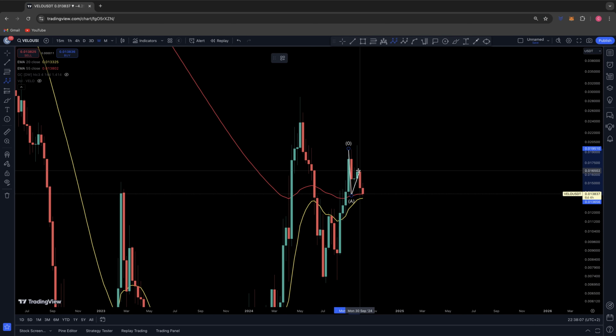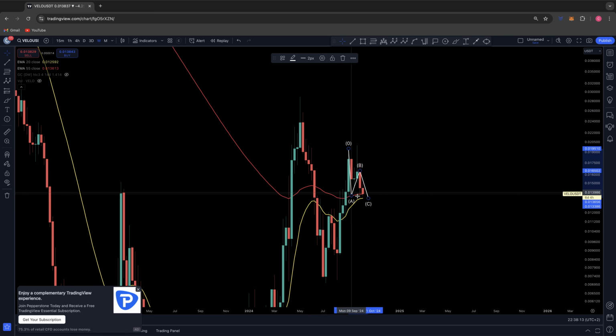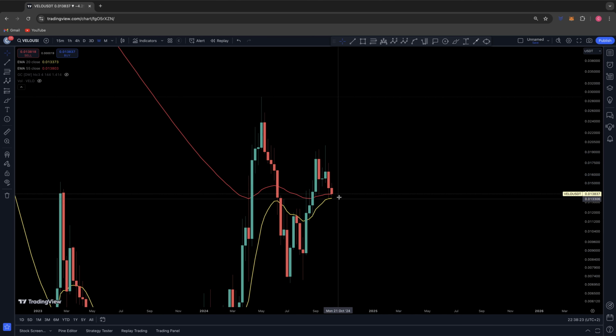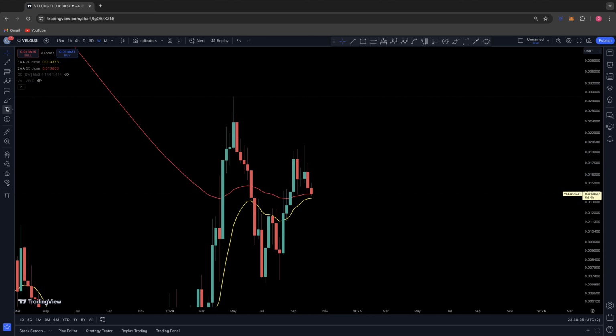We had a rally up over the past couple of weeks into the latter part of September, and right now we're just coming back in a flat C wave looking for a level of support on the weekly EMAs. So right now we are still holding the weekly EMAs as support. We are above them, which indicates on the macro we are still in an uptrend. So right now it does look like dangerous territory. We are sitting on the macro level of support that I would like to see VELO hold here,